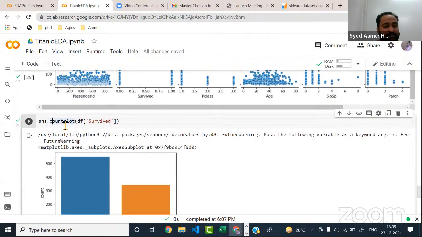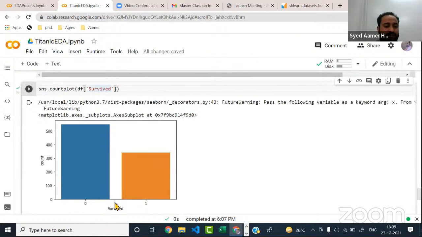So I'm doing that. sns.countplot is there to count, and it will accept one categorical column. I have given survived, which is also a categorical column. You can simply say 0 and 1. So 0 is people who didn't survive the Titanic crash, and there were around 300 people who survived. So now this will be important for you to see, guys, because you have to do undersampling and oversampling once your y value is very imbalanced.